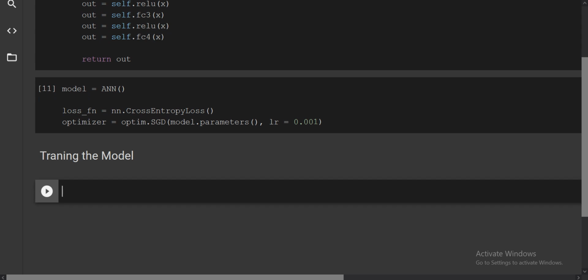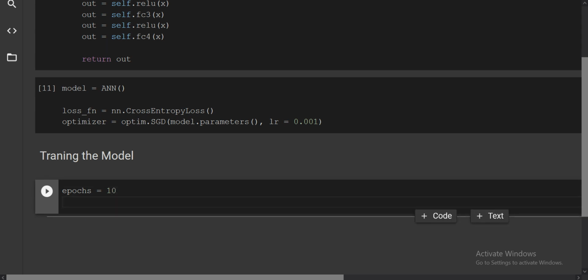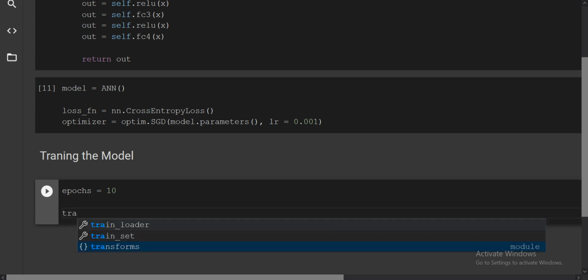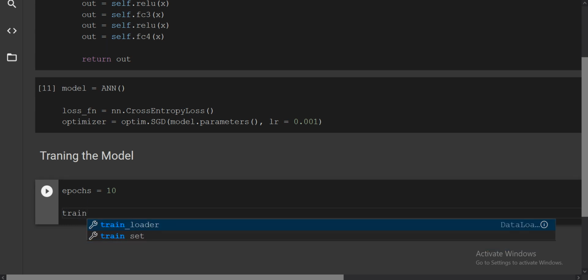Here, the first step is to decide how many epochs we want. We can take epochs equal to 10. Then we initialize the lists. The lists are for matplotlib plotting of accuracy and loss: validation accuracy, validation loss, training accuracy, training loss. For plotting purposes, we will append each time an epoch completes, to see how the loss is decreasing and how the accuracy is increasing at every epoch. So we are just initializing an empty dictionary, that's it.